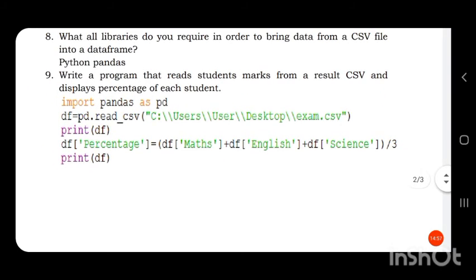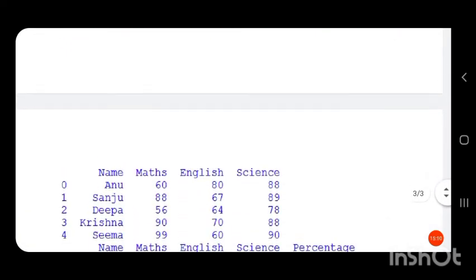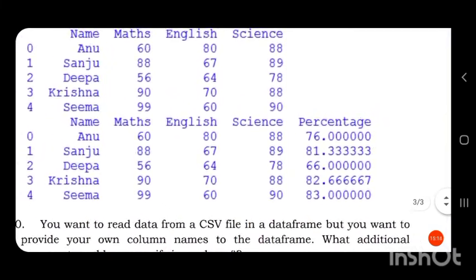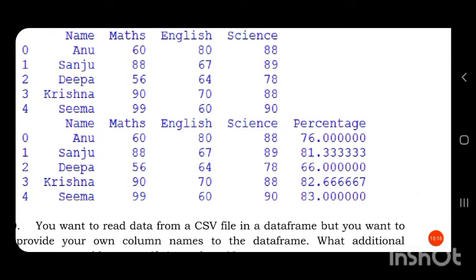So, this is how arithmetic operation is performed on the data frame. Then the column percentage will have the percentage result. Then when we print this new data frame df, you can see a new column called percentage is added, which has the percentage value of each student.